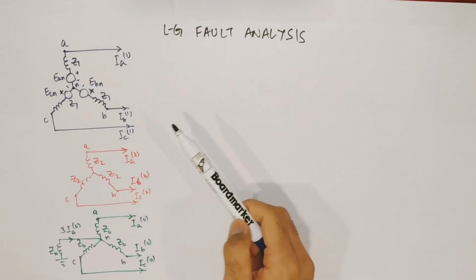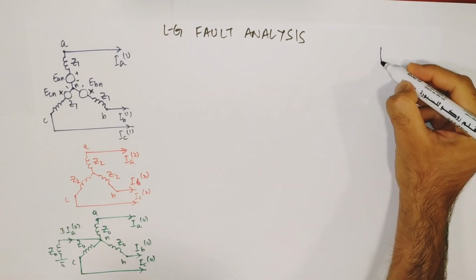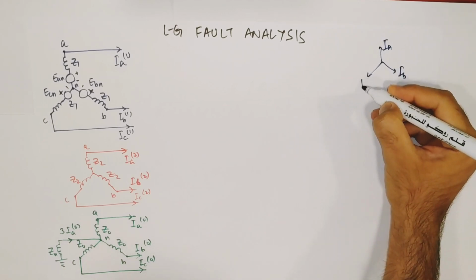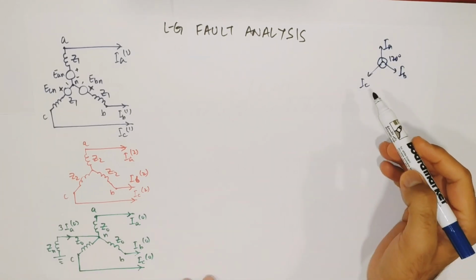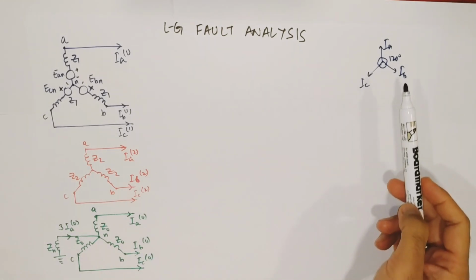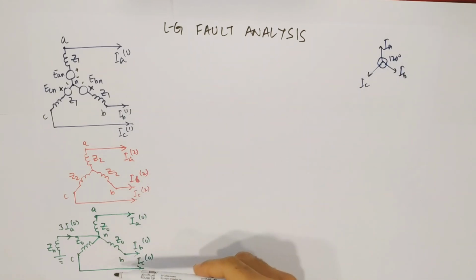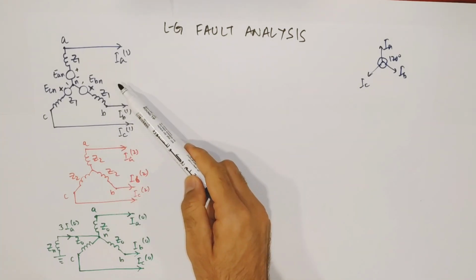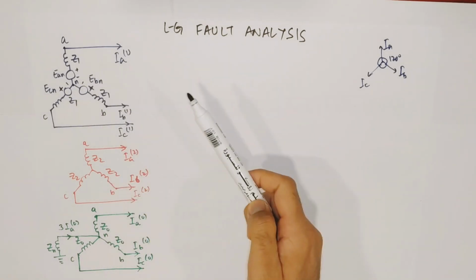In single line to ground fault analysis, as previously discussed, in case of a balanced circuit, that is IA, IB and IC, the magnitudes are equal and are 120 degrees apart. In that case, there is only positive sequence current, there is no negative and no zero sequence. In case of unbalanced, we saw that we have these three components. So if you have three components, then you have to solve for three circuits, for positive, for negative and for zero. Now we developed for a three-phase model.